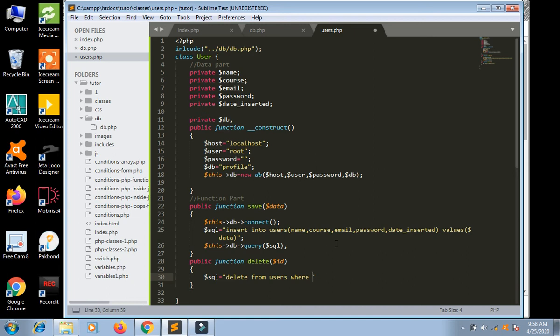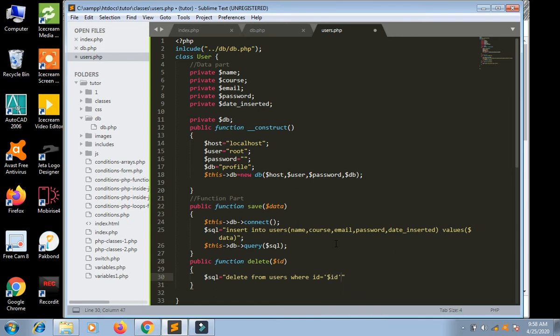All the records will be deleted and there will be no response. So delete from users where ID is equal to that ID, that is $id.